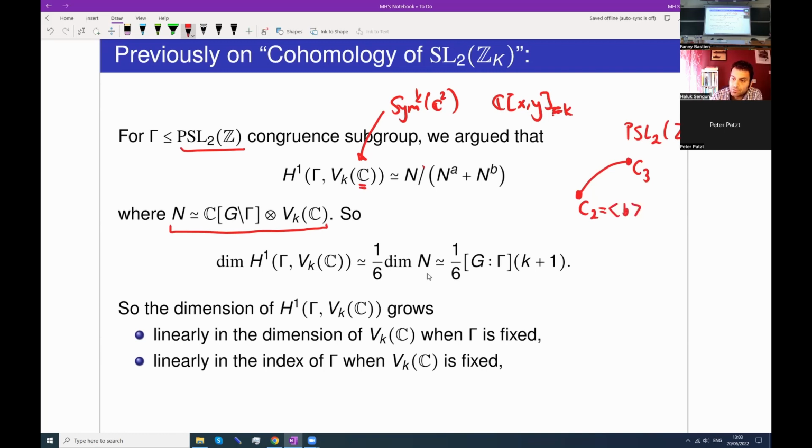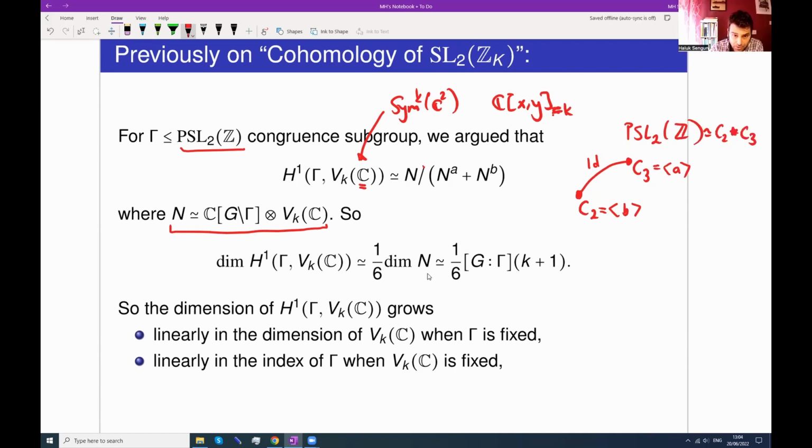This is the usual order 2 matrix, and this is the usual order 3 matrix inside PSL2(Z), and the edge stabilizer is simply the identity. That gives you an amalgamated free product description of your modular group, which leads to a long exact sequence, a Mayer-Vietoris sequence, from which you can read off this description of cohomology. So I'm just doing a sketch of what I discussed last time. So this is quite